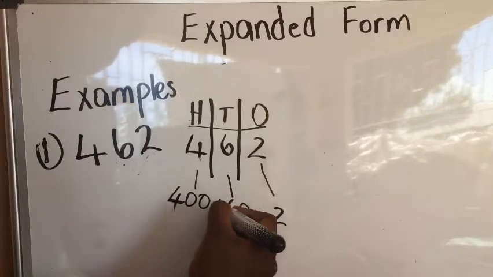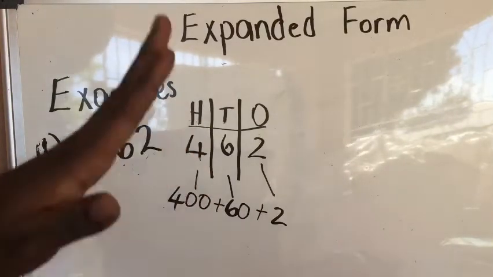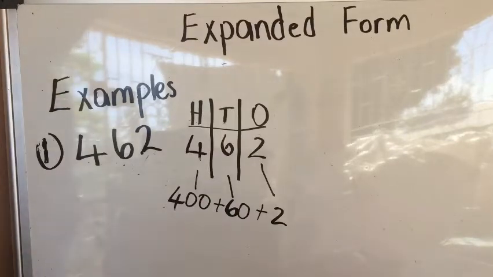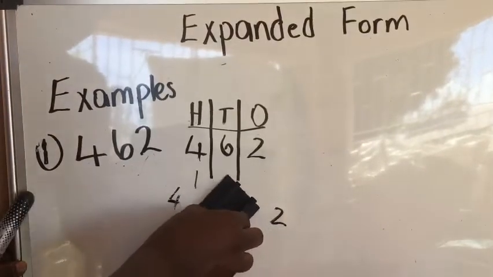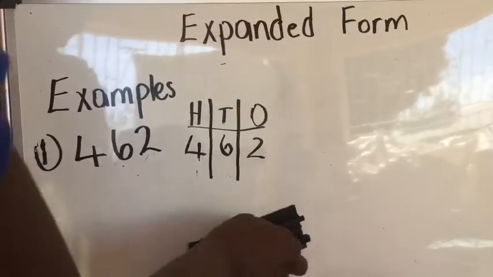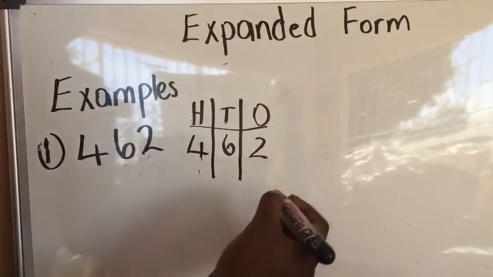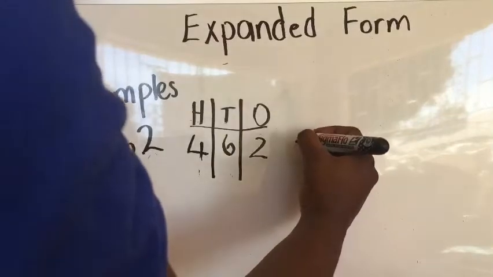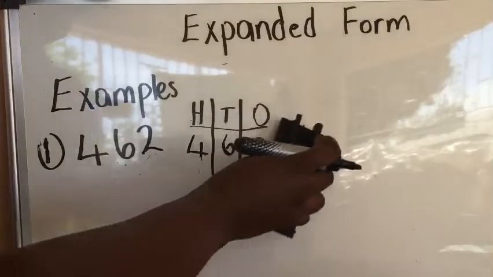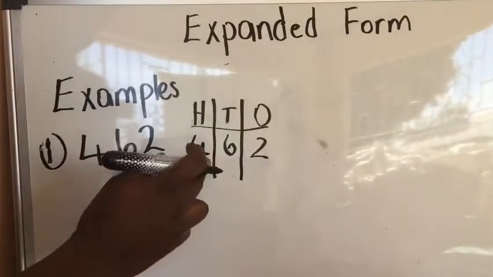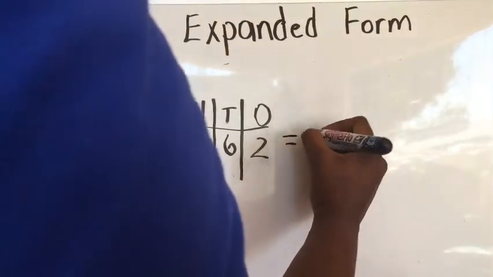You can put a plus between each of them. But I don't want the work to look like that. I want it to be neater. So I will erase this part and put it over the other side so you can get a better idea of how it is done. All right. So the 4 means 100, right? What you can do is to say, seeing that it is in the hundreds place or the hundreds column, you say 4